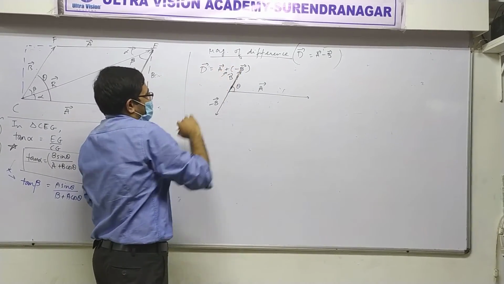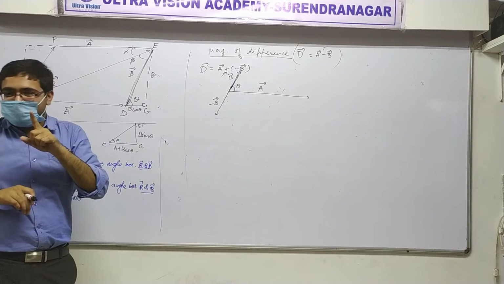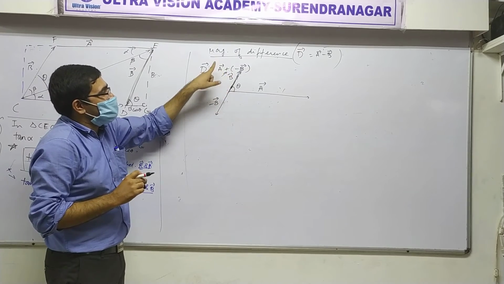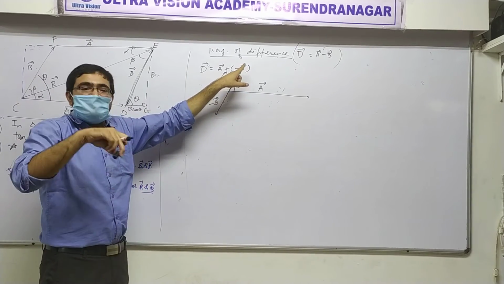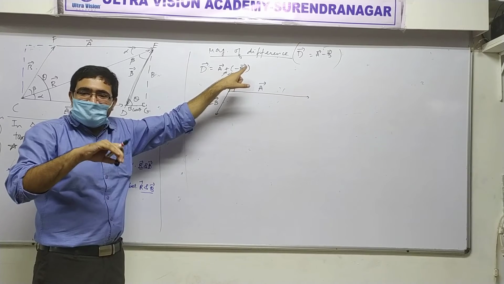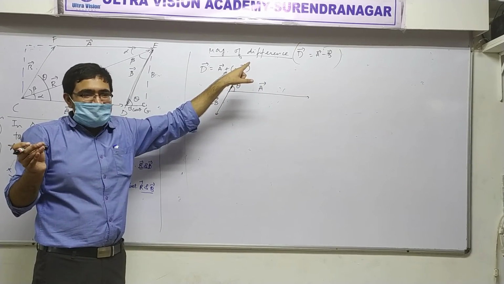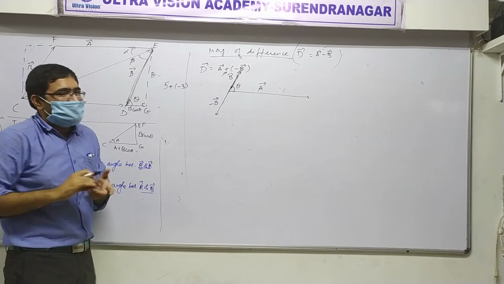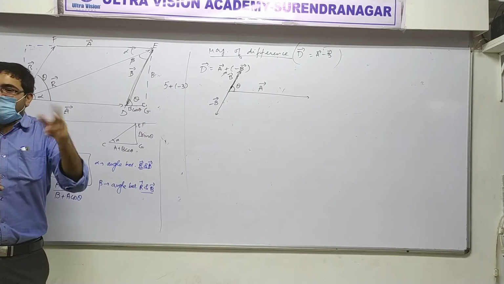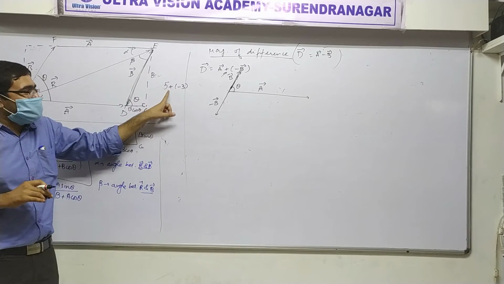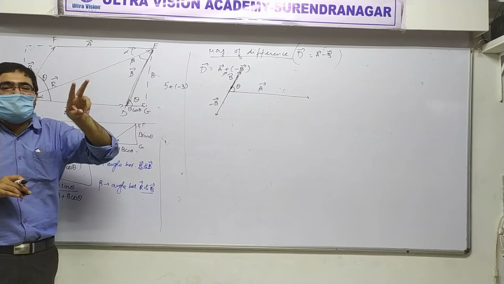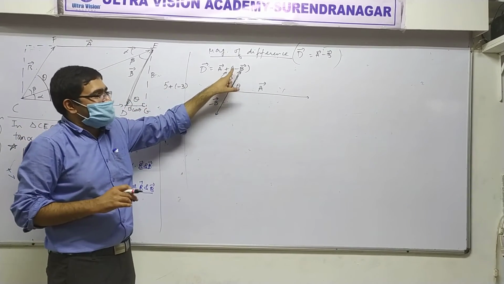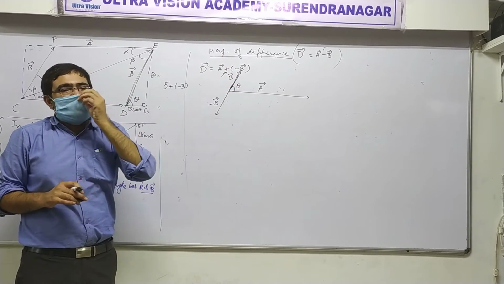This is addition, correct? Do not get confused. If you write plus and minus, this is ultimately addition of two vectors. Which two? A vector and minus B vector. It's just like saying 5 plus minus 3. Is it subtraction or addition? 5 minus 3 is subtraction, but if you write it in this form, this is addition of two numbers, 5 and minus 3. Just like that, this is addition of A vector and minus B vector.